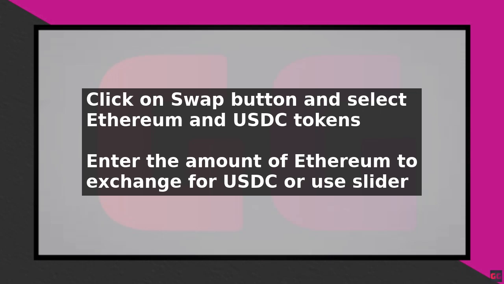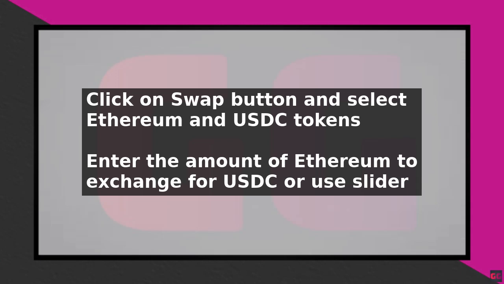If everything looks correct, click on the Confirm button to initiate the transaction. Your wallet will then prompt you to confirm the transaction and pay the required fees. After the transaction has been confirmed, your USDC will be deposited into your wallet. You can then use your USDC to make purchases, send it to other wallets, or hold it as a stable